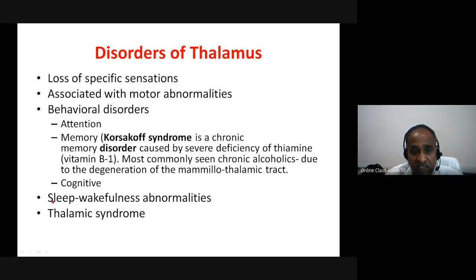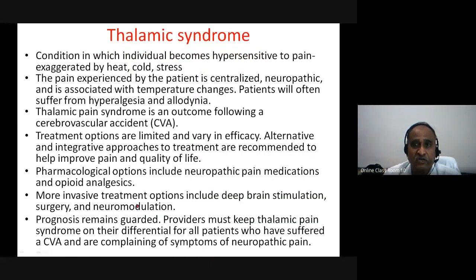Then because the thalamus is involved in the sleep-wakeful state, if these connections are lost, the person goes into a coma. He will not have that wakeful state. He will never be able to wake if it is cut. So that is the sleep-wakefulness abnormalities seen in thalamic disorders. And there is what is called thalamic syndrome. Now I look into this thalamic syndrome a little more,